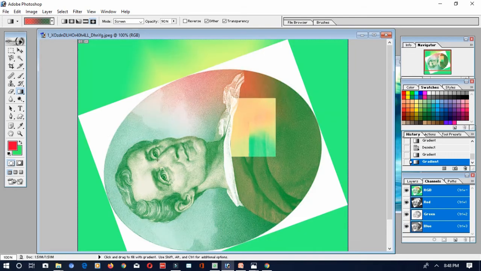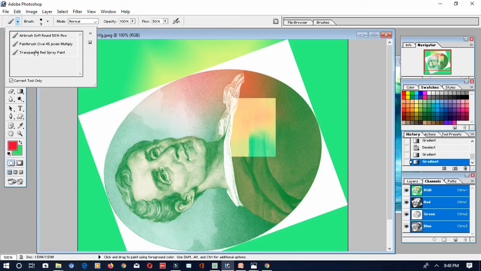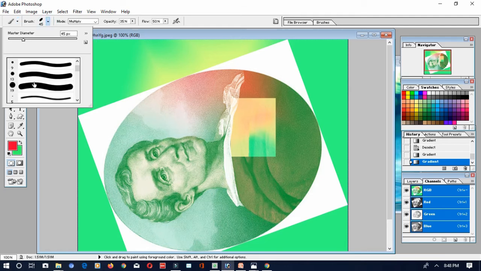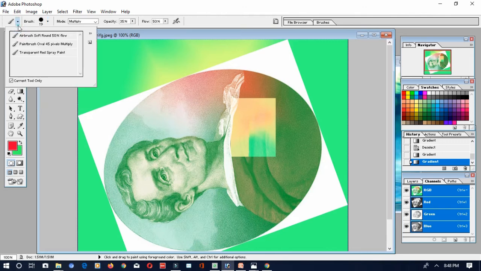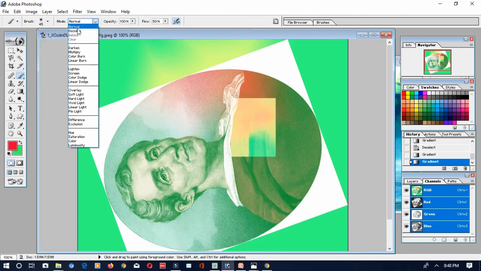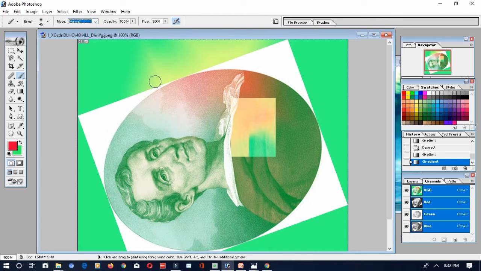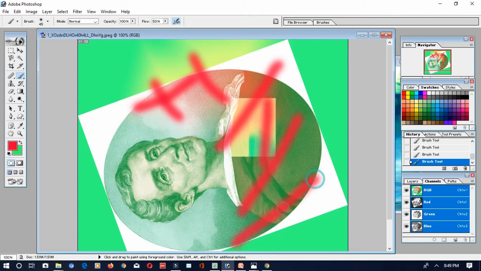Next comes the brush tool. I've already shown you the brush tool, right? How to, when I change the foreground color. So click on the brush tool. You can change the three types of brushes available. You can change any of these brushes. I'm using the second one, paint brush. For example, you can select the strokes over here. If I'm selecting this bigger stroke, using the airbrush tool, you can change the mode also. Here I'm keeping the normal mode. See, can you see? This way you can use the brush tool and change the object. If you are selecting a particular part, only that particular part can be edited.